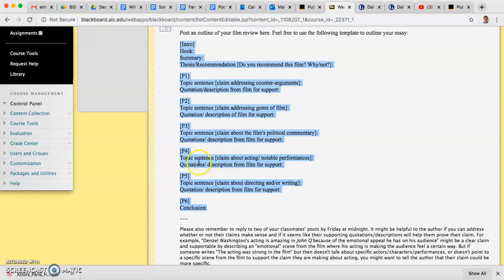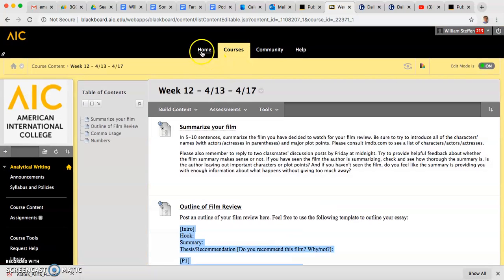And again, you might not have quotations. You don't necessarily have to quote from the film, but I think it is up to you to describe as much of the film as you can to give your reader a sense of how you are reading this movie in this way, and where in the film you're getting evidence for that argument. So just keep that in mind as you decide what film you want to watch this week. And again, I will try to post some recommendations and let you know.